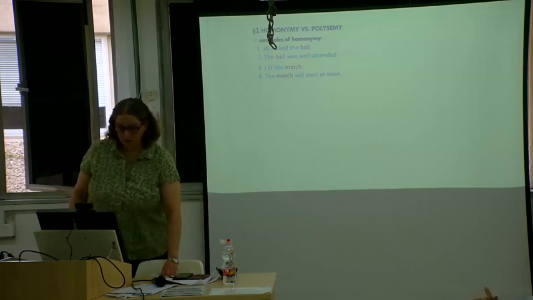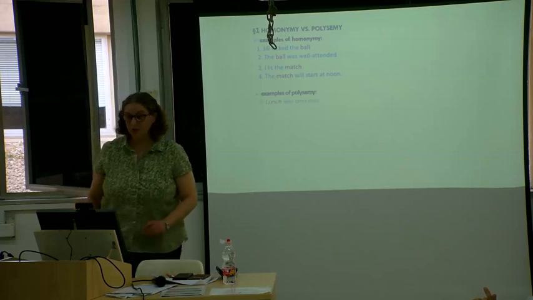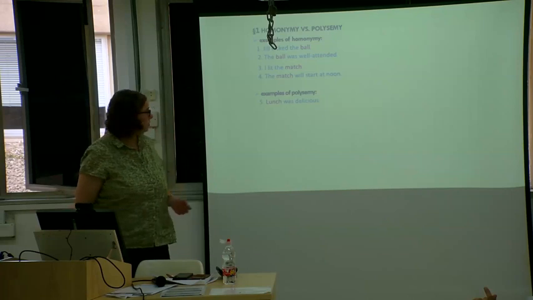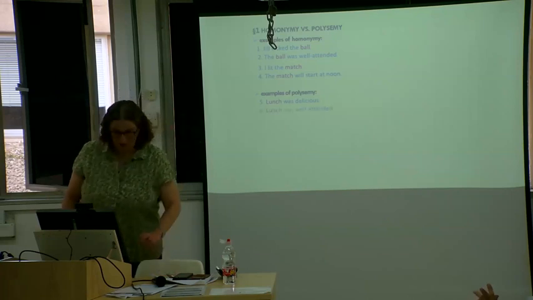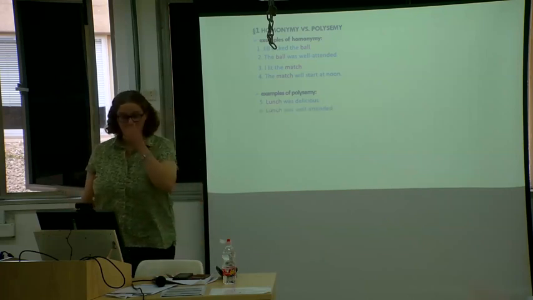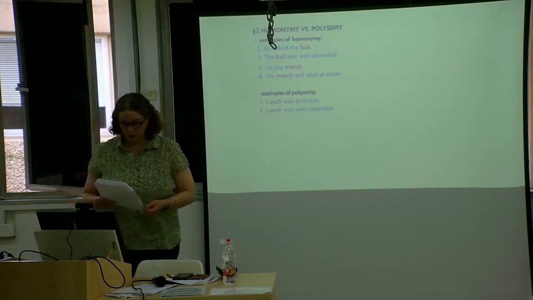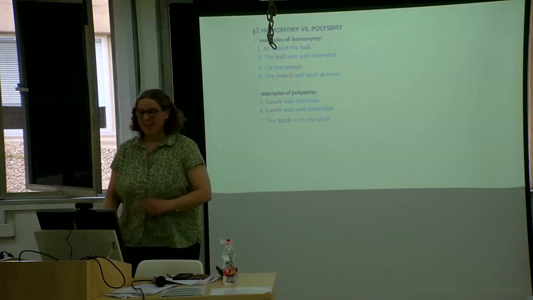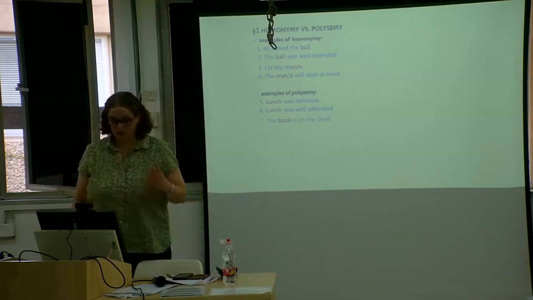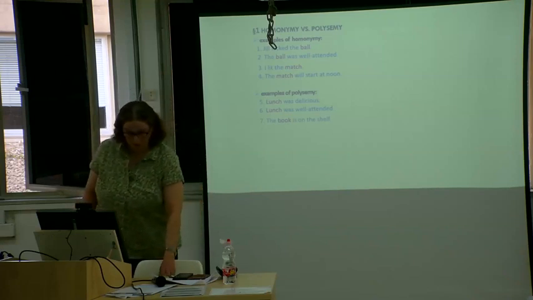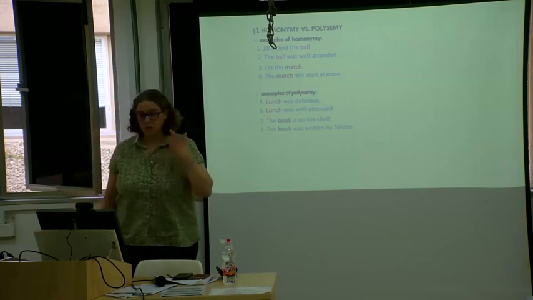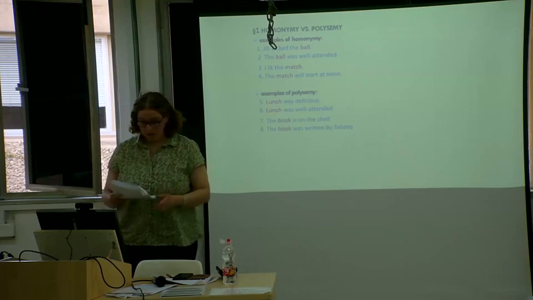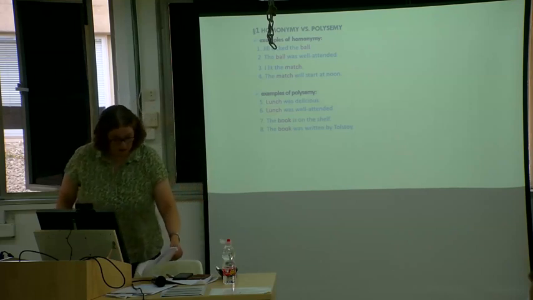Okay, by contrast, here are some examples of polysemy. So think of the word lunch as we use it to denote a portion of food, as we can see in 5, versus lunch as we use it to denote a kind of event, which we can see in 6. And similarly, look at book as it's used to denote a physical object, as we see in 7, versus book as it's used to denote a kind of informational object, the text or the novel, as we can see in sentence 8.